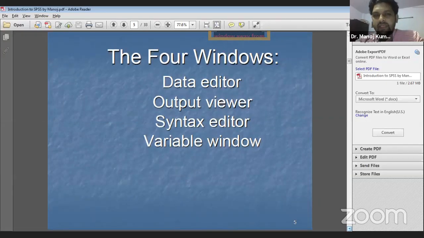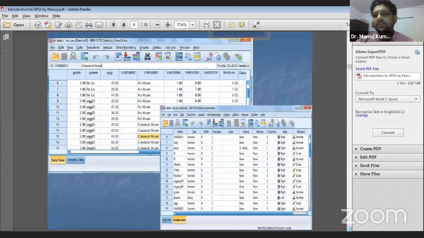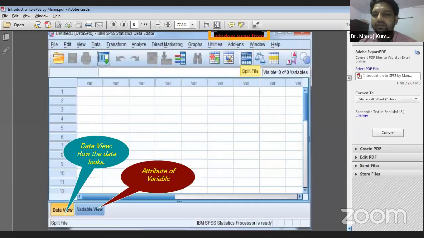If you see, this is the output window or the editor window. Here you can also write some codes for your statistical methods, or whatever diagram you want to draw, for that you can also write the codes. Okay, and go for the next slide. In the next slide, how the data view and the attribute of the variable. Whatever information about your variable will come into the variable view or the data view. Okay,